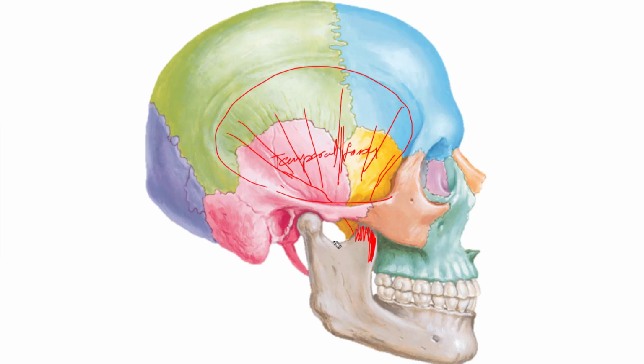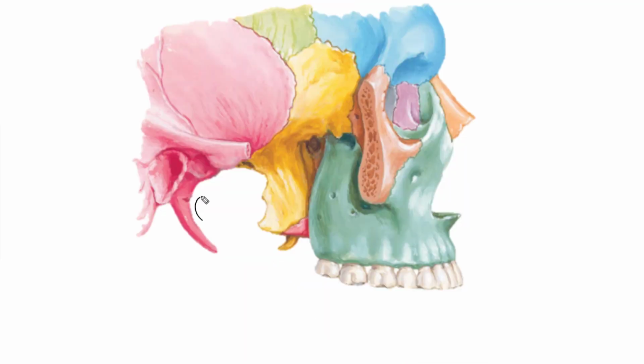Okay, so now we are going to cut the zygomatic arch, and we are going to remove the mandible, and we are going to cut the ramus of the mandible along with the coronoid process, so that we can see the other muscles which are located in the infratemporal fossa. So the mandible has been removed. This is the head of the mandible, and this is the neck of the mandible, and the ramus of the mandible, angle of the mandible, and part of the ramus has been cut and then reflected.